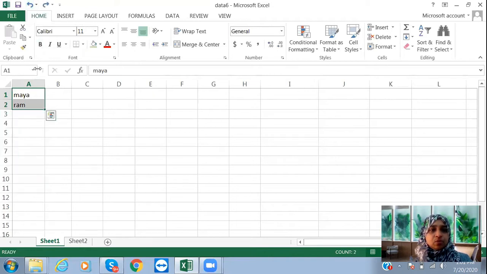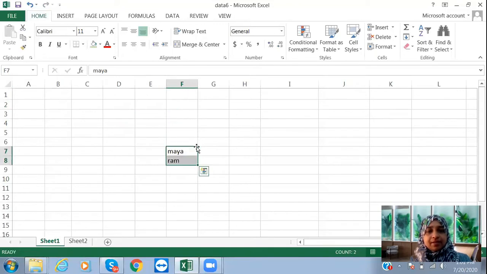So now, once you come back here, you can see this plus symbol. This is for moving. Once you are on the symbol, you can just drag the data anywhere, wherever you want. Anywhere, you can drag the data. So this is for copying the data, and this is for selecting the data. You can select the data. And this is for moving the data. Hope you got it, right?